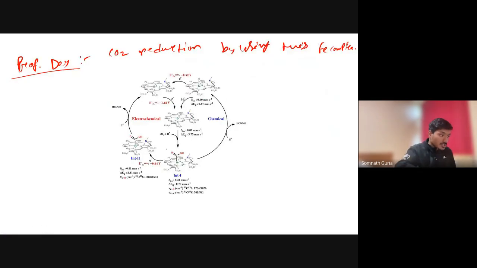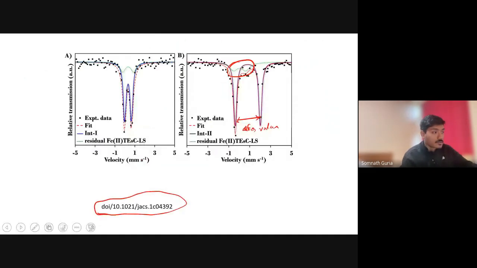I'm talking about this compound. This becomes Mossbauer active, and then followed by further electron transfer, the iron 2 and COOH bound species is generated, which releases the formic acid by capture of the protons, and then it generates the iron 2. And the Mossbauer spectra of the intermediates are shown here. We have an intermediate one, that is iron 3, as it's reflected